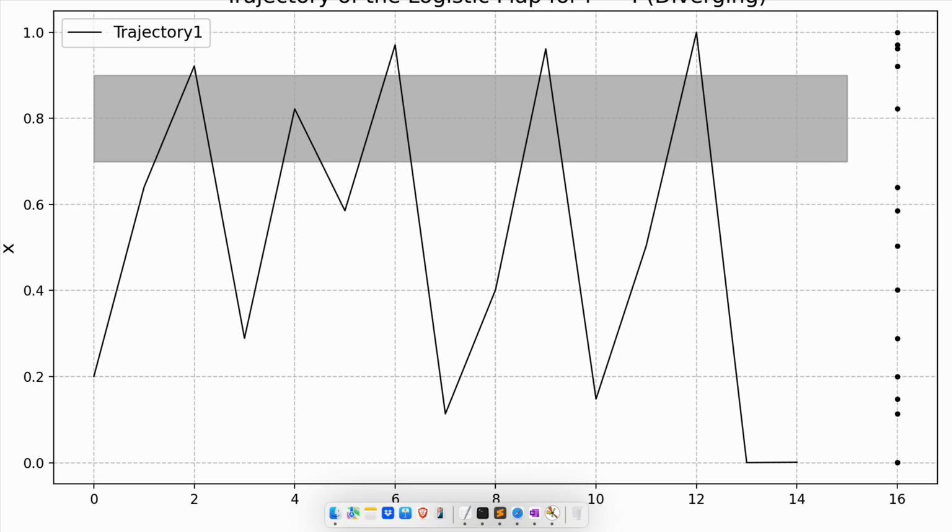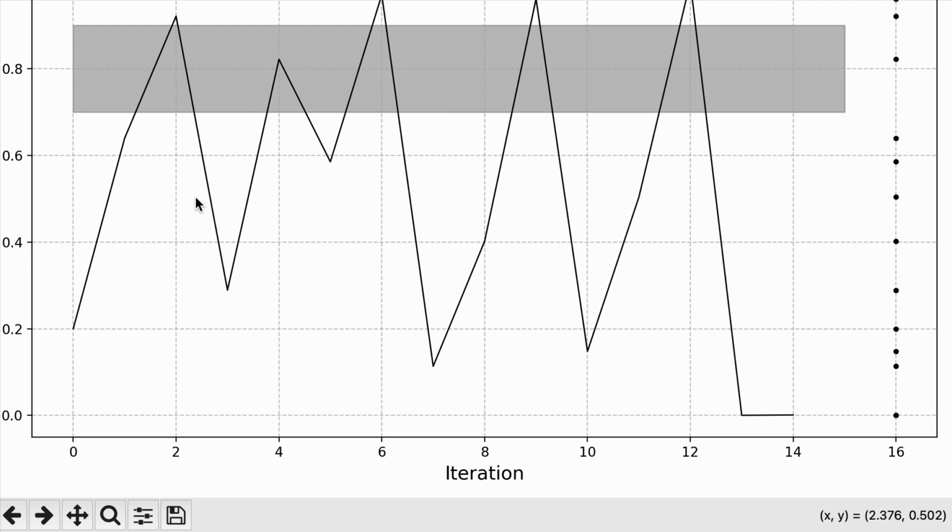Now let's see what this denseness means in mathematical terms. Denseness means, suppose you take an interval. Here you see an open interval between 0.7 and 0.9. So the length of the interval is 0.2, but in the codomain I am taking an interval which remains between 0.7 and 0.9, and suppose this is an interval J. Now you will say the orbit is very dense if you can prove that if I take